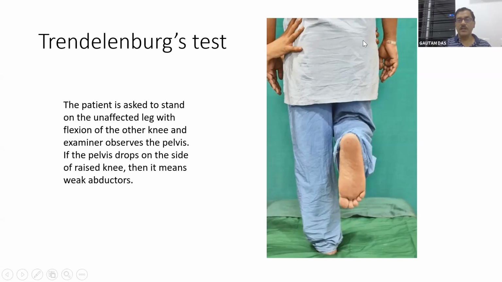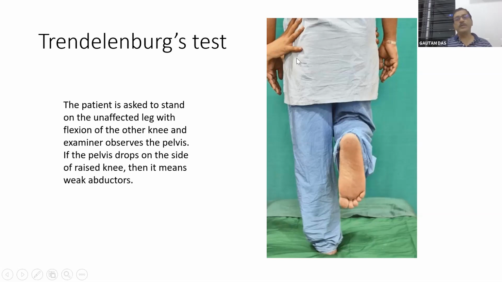Why is this the horizontal line? If this leg is lifted up from the ground, then this side should be falling, isn't it? This side should be falling, but this side of the pelvis is not falling. Why? Because the abductor muscles of this side will be contracting and will be lifting the pelvis of the other side. That means when we are lifting this side, the pelvis is kept horizontal by the other side, the contralateral side, abductors of the hip.